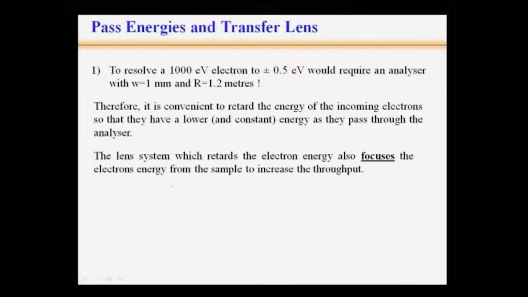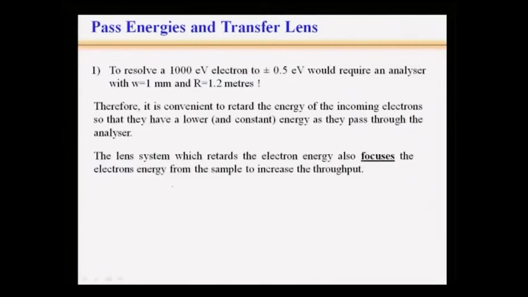The second thing I discussed is pass energies and transport lengths. You need very high resolution in XPS because the binding energies to be measured can differ by about 0.5 electron volts. That is why we require an analyzer with W equal to 1 millimeter and R equal to 1.2 meters. You can understand, a small width but a large radius. That means